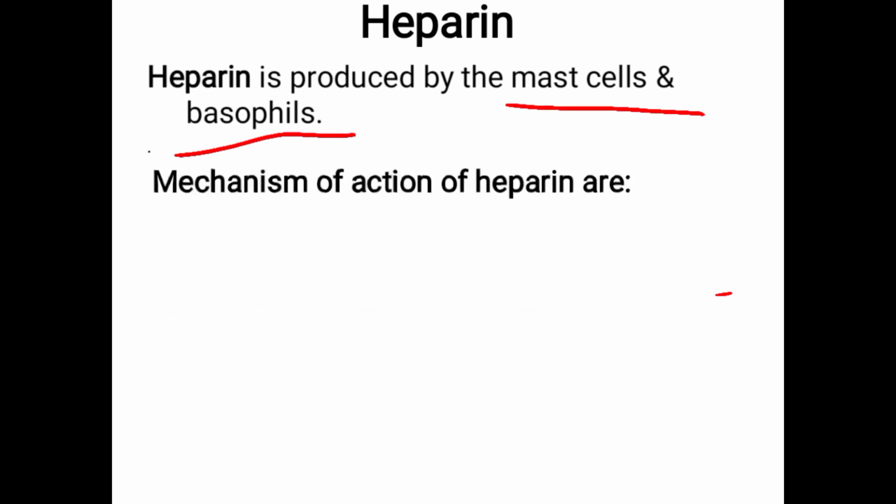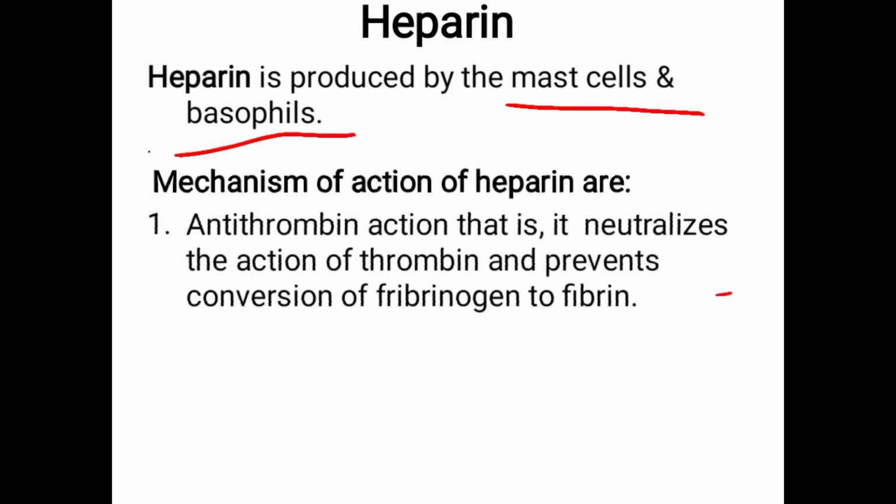So coming to the mechanism of action, how it prevents the coagulation. It has antithrombin action. Antithrombin. So thrombin is very important, right? So conversion of prothrombin to thrombin. Thrombin converts the fibrinogen to fibrin. That is the steps in coagulation, right? So it acts as an antithrombin, and it neutralizes the action of thrombin and prevents conversion of fibrinogen to fibrin. Okay, so this heparin goes and binds to the